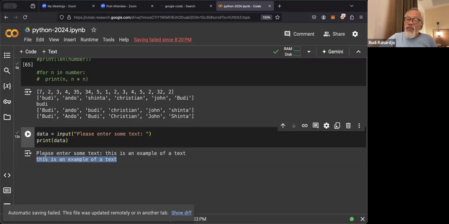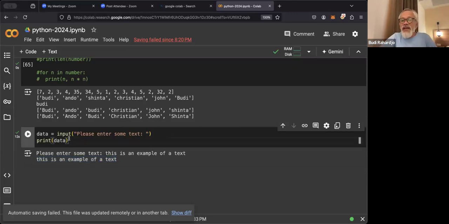Now, Python is good at processing text, so the data contains this, right? I can parse it into single words, and then I count the single words. So this is what people do in sentiment analysis. We get this text from Twitter, for example, and then we analyze the text. In Python, it's very simple because we can do that.